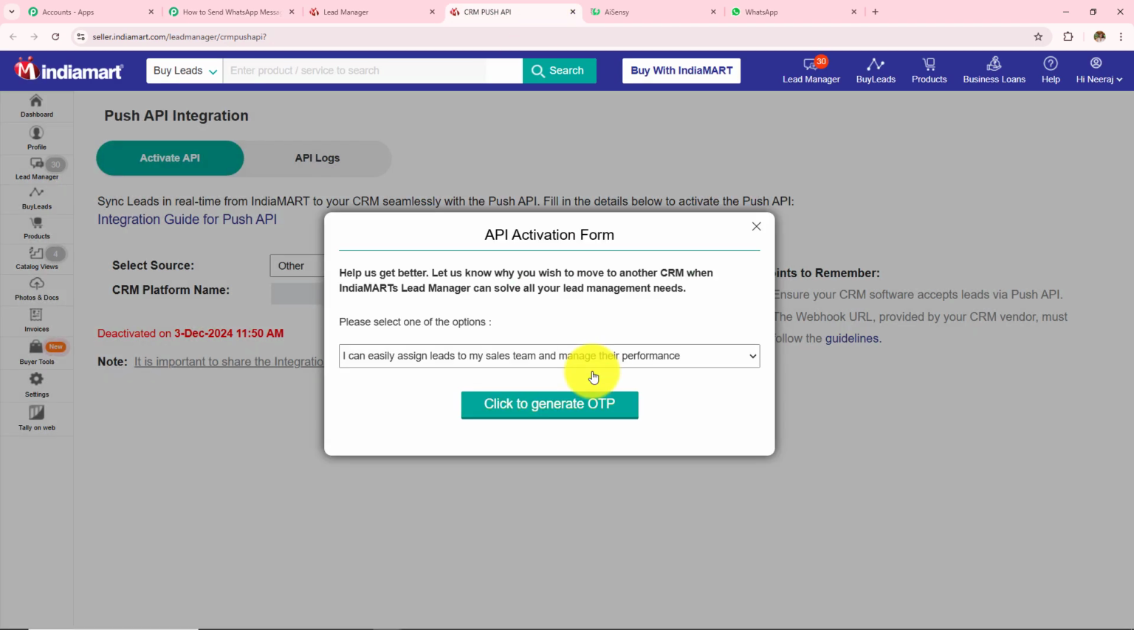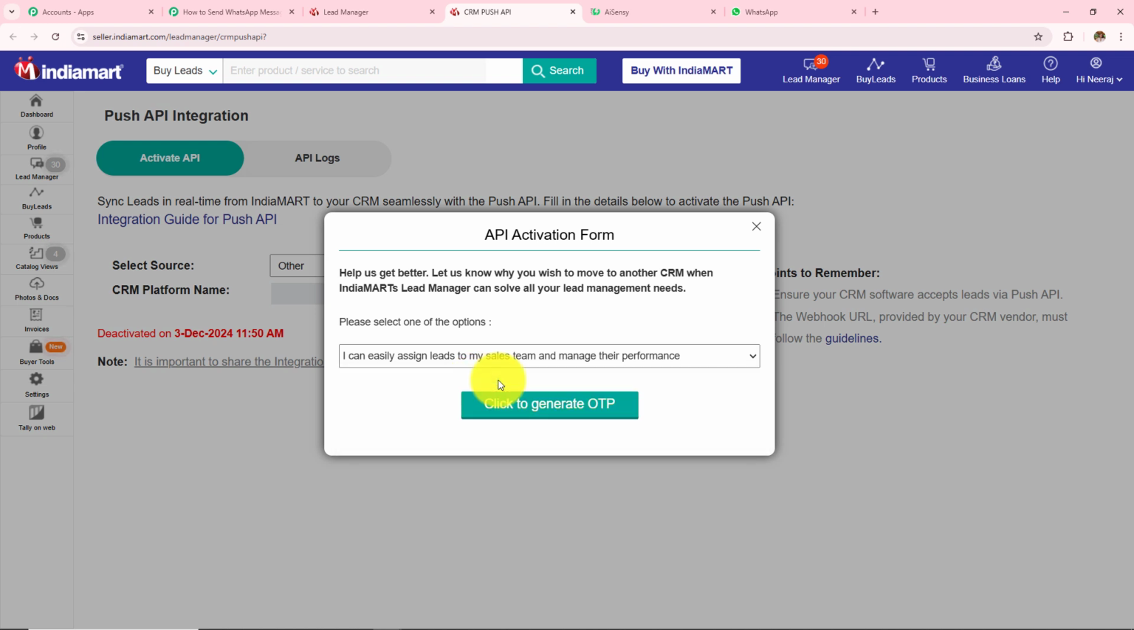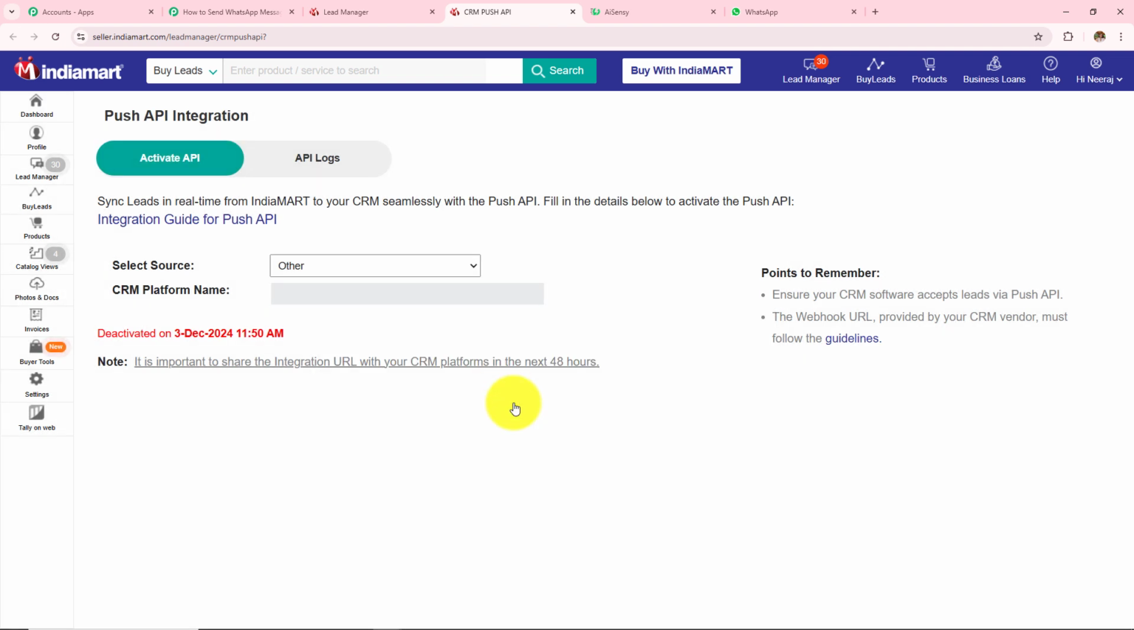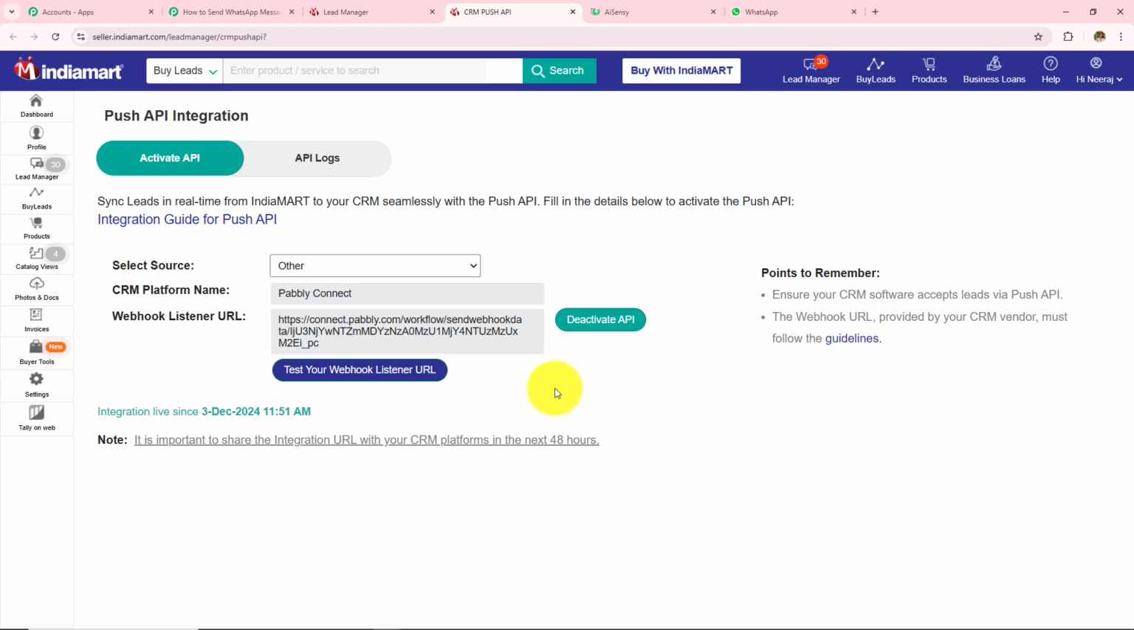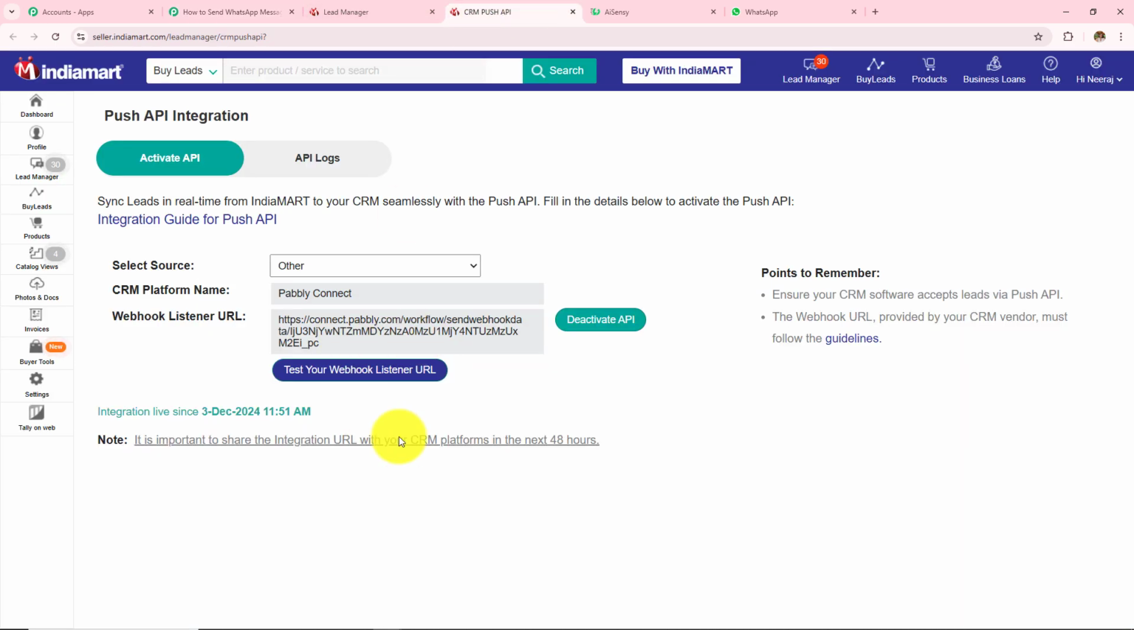the save details. Now I have to give the reason that why I want to connect my Pabbly Connect with IndiaMART. So in this drop down, I can see all these reasons. Here I simply want to select this as I can easily assign leads to my sales team and manage their performance, and then I have to click on this click to generate OTP. Now I have successfully added this webhook URL that I was provided in my Pabbly Connect workflow in this IndiaMART,